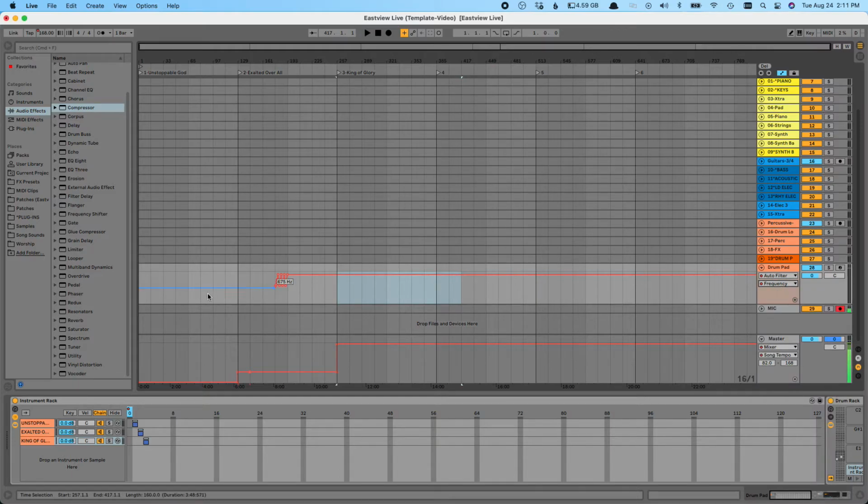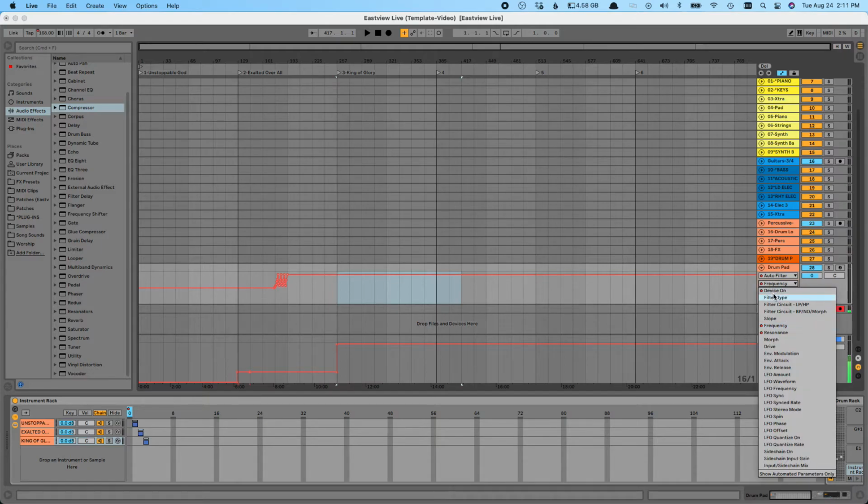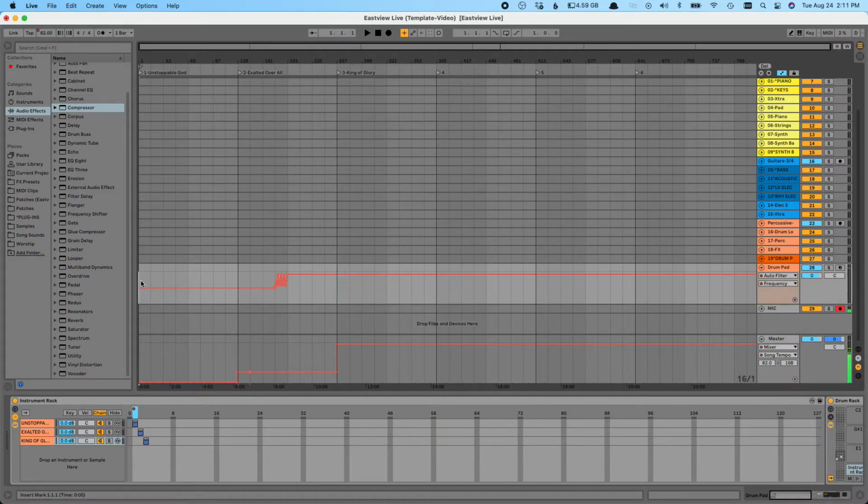Okay, so we're gonna have to do the same thing here. Let's see, we automated the device on off, and we also have to move the frequency automation and also the resonance automation. Okay, so now